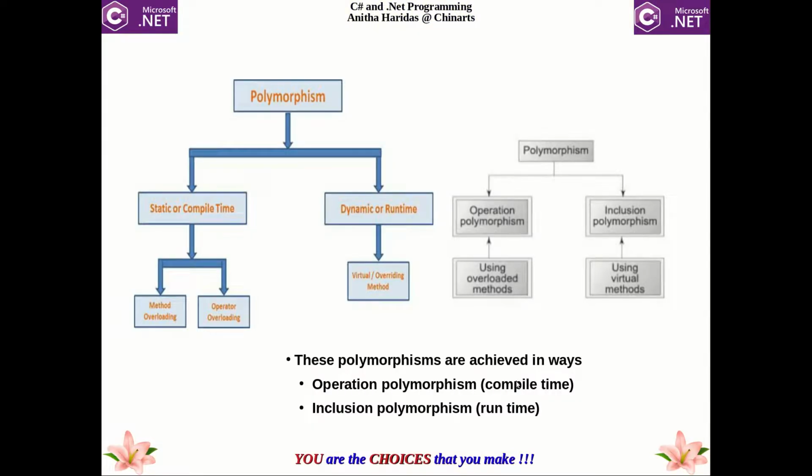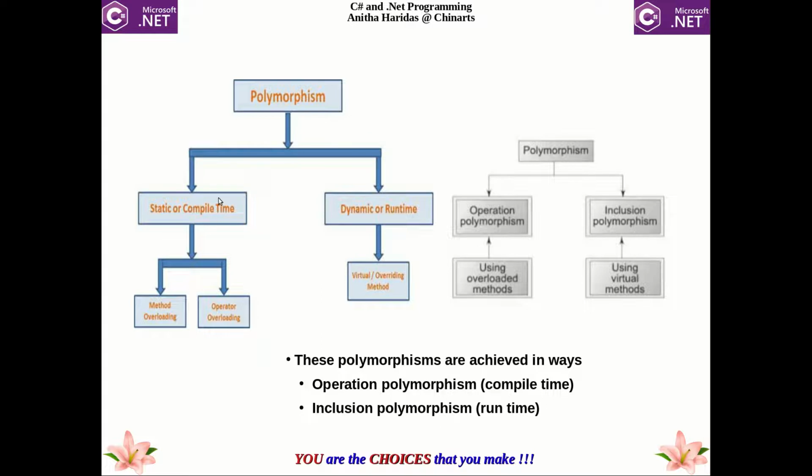When you take polymorphism, you have two types: compile time polymorphism and runtime polymorphism. Compile time is otherwise called static, and runtime is otherwise called dynamic. In the same way, polymorphism can also be described as operation polymorphism or inclusion polymorphism.